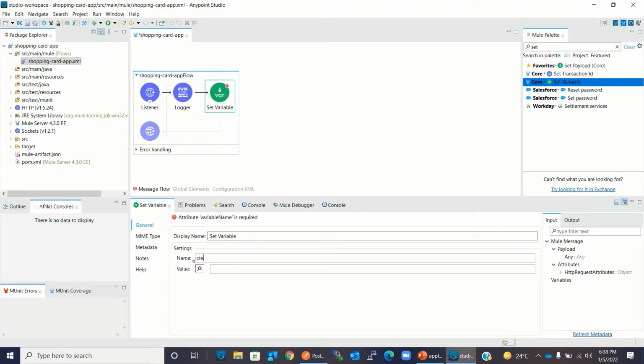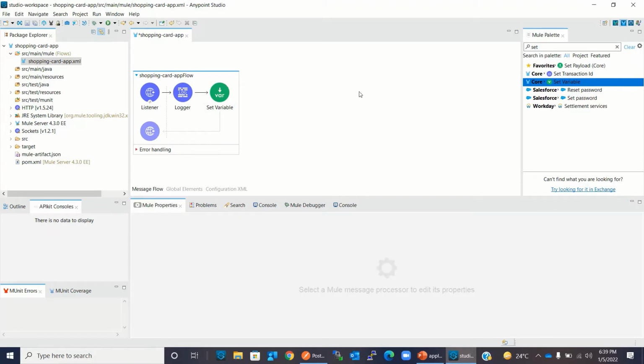I will give the name credit limit and I will set the credit limit to 10,000. Now I will compare the order amount that is coming in the payload with the credit limit value.